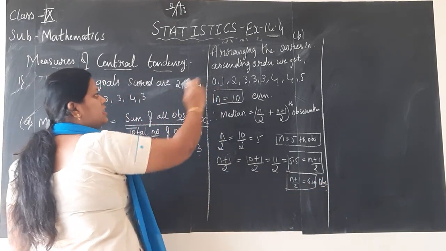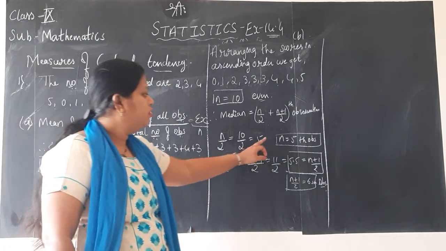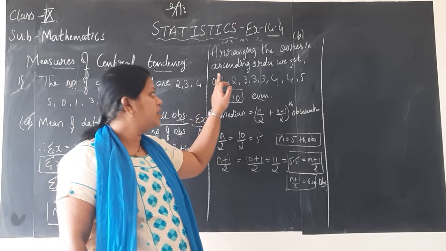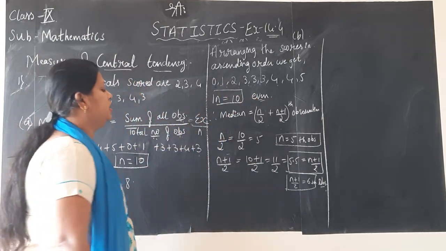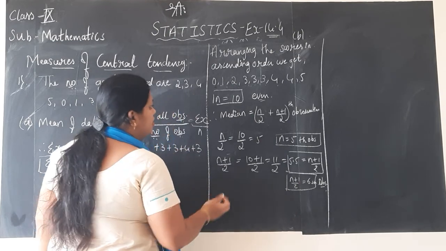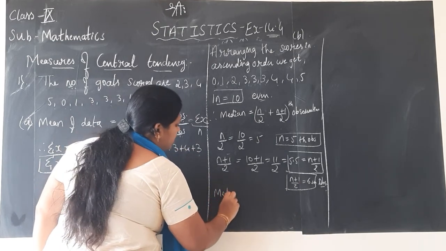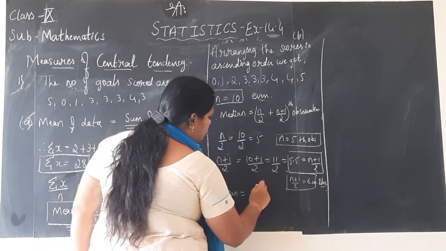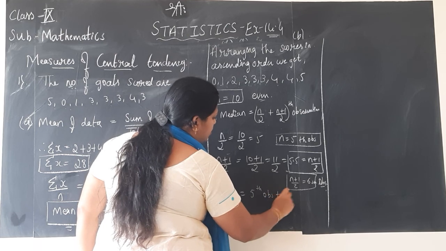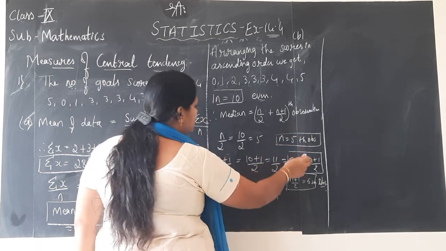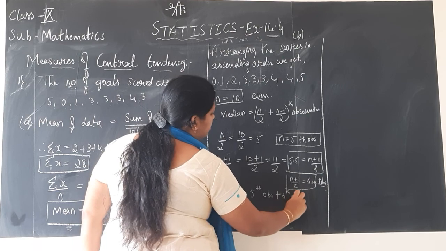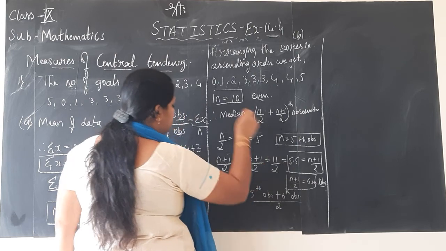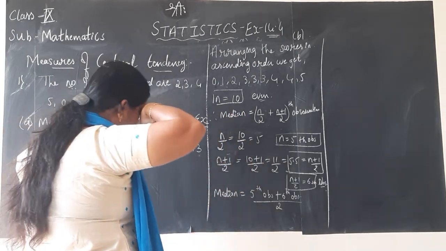Now you have arranged them in ascending order, no? Only after doing this is it required, whether you have arranged in ascending order or not. That is the reason here we have already arranged it. Now, one more step I will write for you. So what will be the median now in this formula? It is the fifth observation, n by 2, plus the sixth observation, and we should take the average. Fifth observation plus sixth observation divided by 2, we should do.